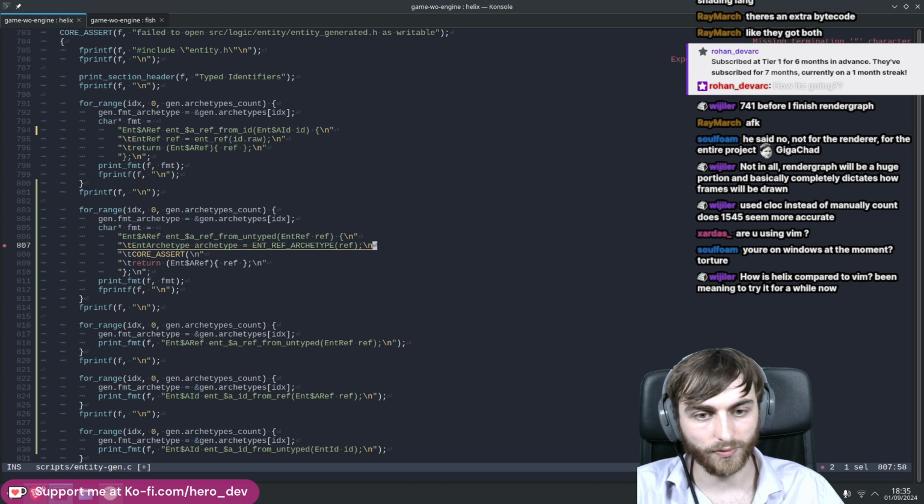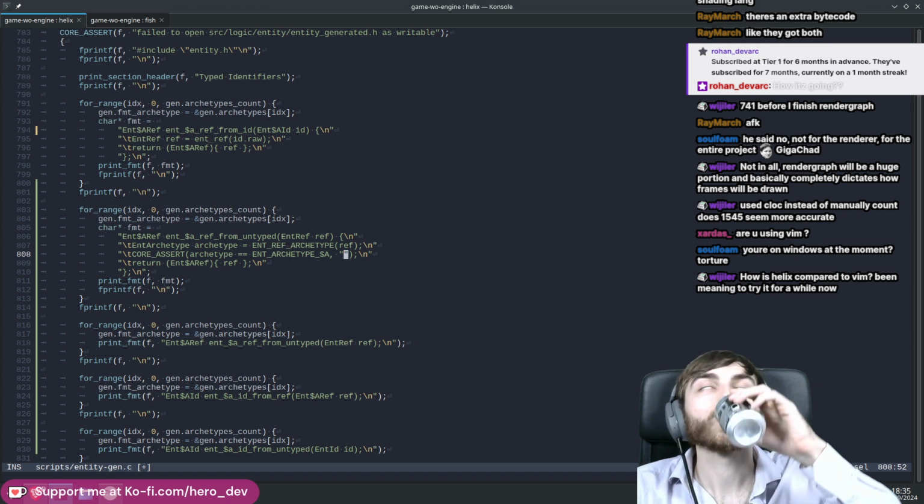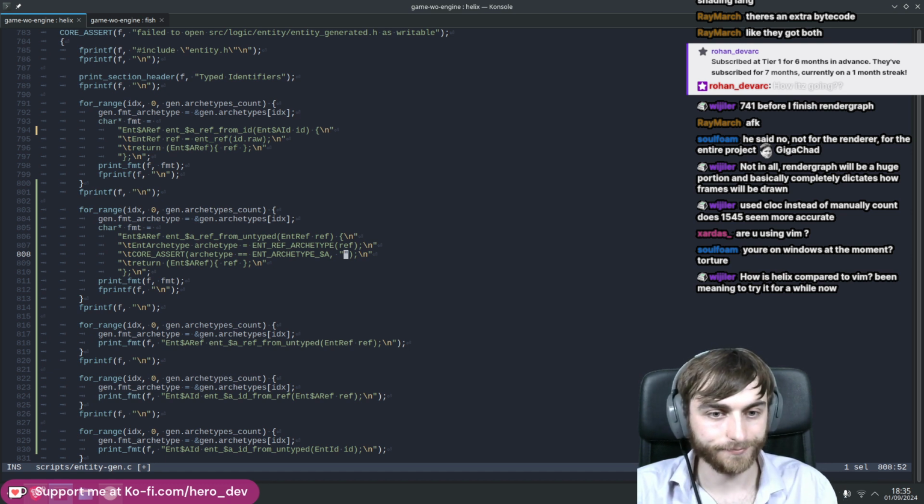And then we are simply just making sure the archetype equals ent archetype. Expected to be this, but got